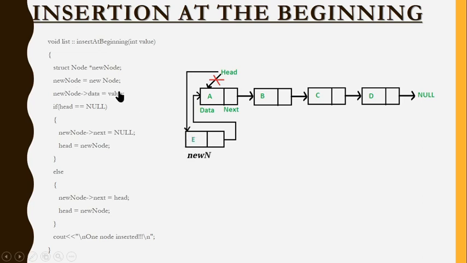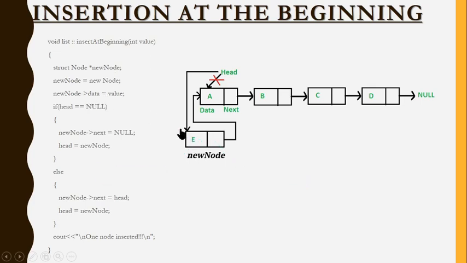Third, I need the value to be inserted. So use the same new node with the arrow. Remember, whenever we are using an object, we use the dot membership operator. Since new node is a pointer, instead of dot, we have to use an arrow symbol. So new node arrow, where this is named as data and this is named as next. So new node arrow data equal to this value. This value should be used here. Whenever you want to point this part, use data. Whenever you want to point this part, you have to use next. We'll be seeing this later. So my third step is accomplished.